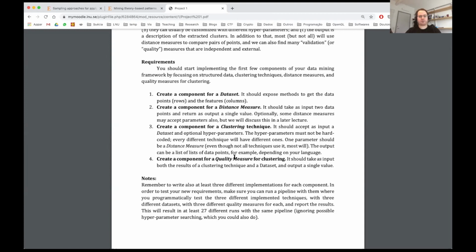And then you create a component for a quality measure for clustering. This is what we're going to see now in a few minutes, hopefully. But basically, it's just a quality measure for a clustering. So it should take as input the results of the clustering technique and the data set, because usually, in order to compute the quality measure, you need the results, but you also need to compare the results with the full data set because you need to check some stuff usually. So then you take these two things and then you output some value, like this is the quality,